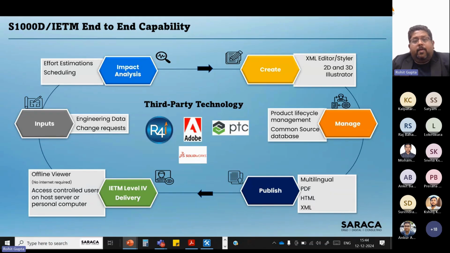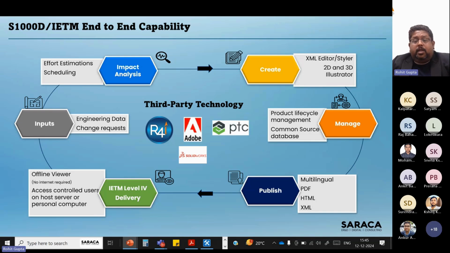When it comes to that volume, you really can't manage it by printing hard copies or carrying those manuals along with you, or even with PDF. We'll come back to why PDF is not so interactive, or why this journey of digitization is needed